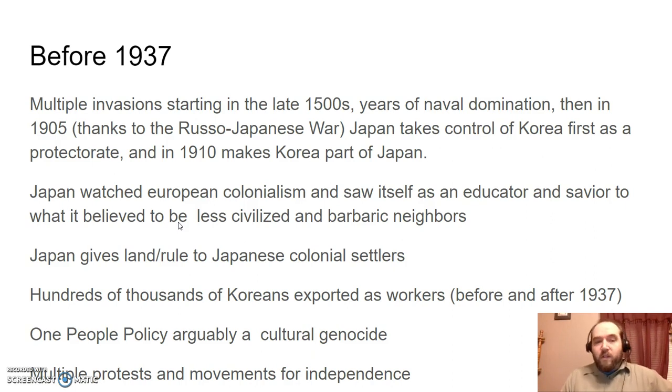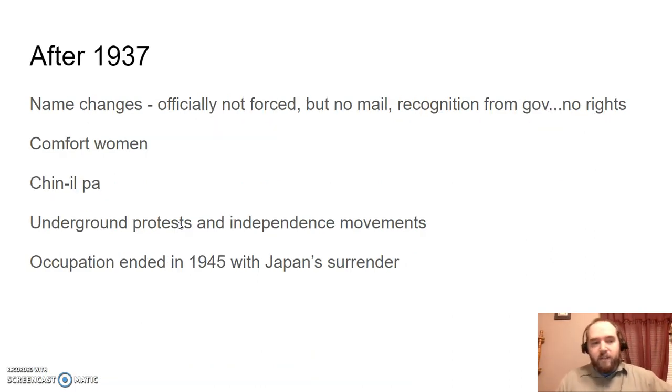There are going to be multiple protests before 1937, multiple movements trying to get freedom, but they're all going to be met with some pretty harsh results. Then after 1937, things get harsher. Name changes aren't officially mandated, not officially forced, but basically they were. If you wanted to be recognized by the government at all, you had to have a Japanese name. If you wanted mail, if you wanted anything,